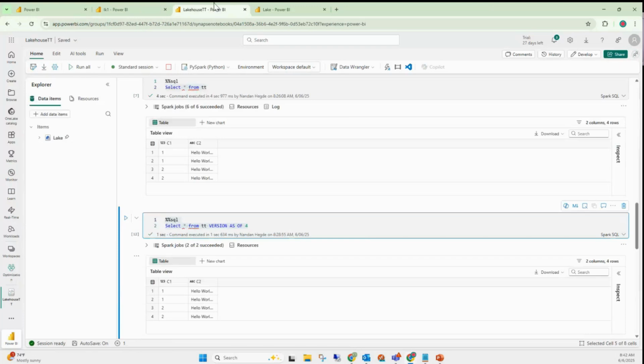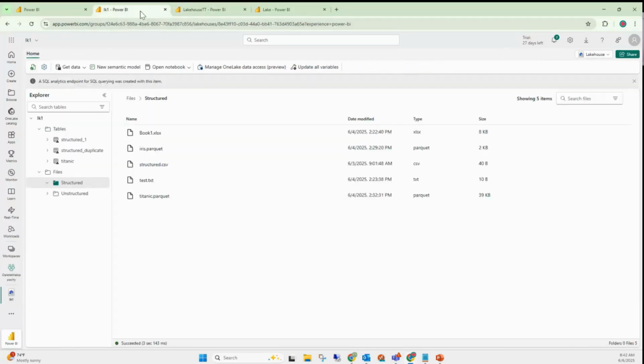For you all, there is no need to create it from the Python code or the PySpark notebooks, correct? You all can create it from here itself, correct? That is, upload a CSV file, load it as a table, then disable the checkbox of column header. It would add the schema, correct? And then you would